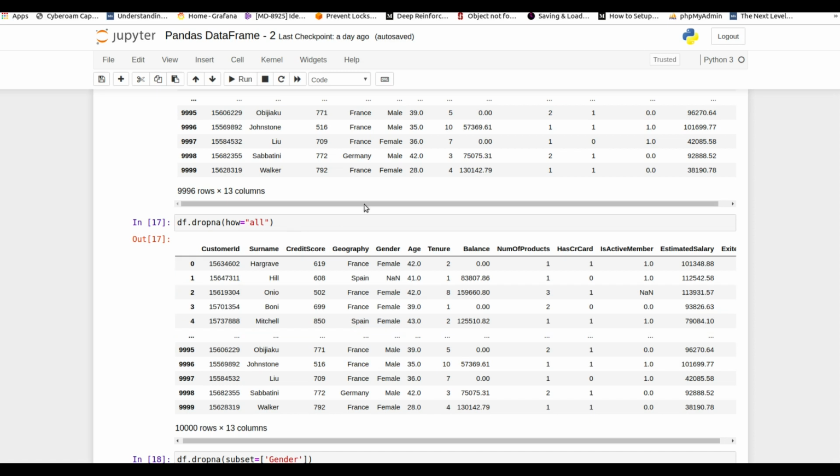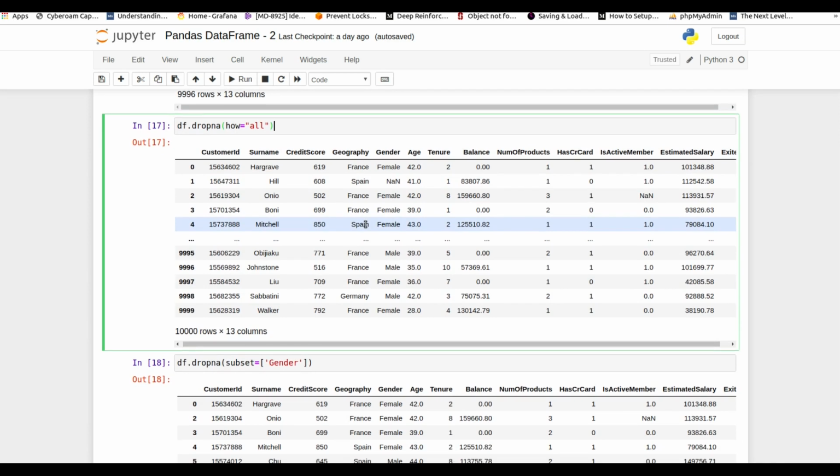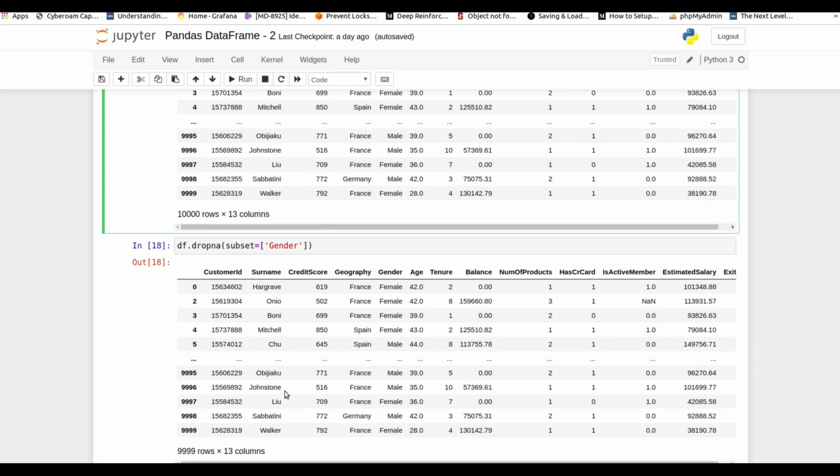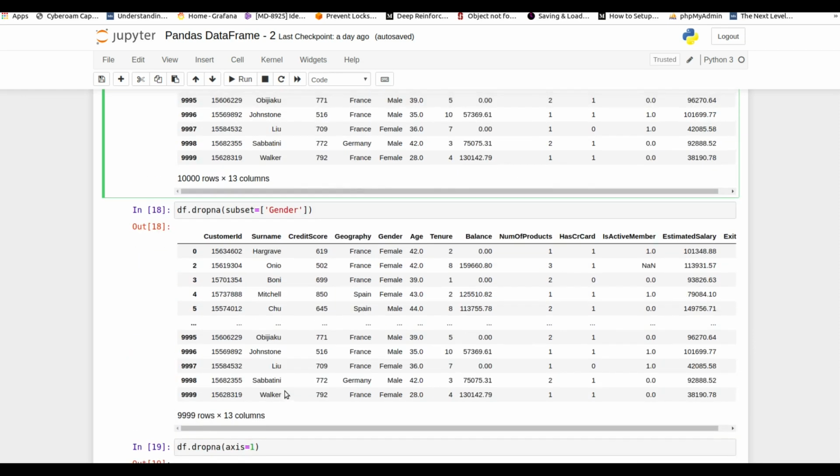You need to explain the how parameter, and if you change it from any to all, it will give you the result with all rows that hold only NA values dropped. Similarly, if you want to drop values depending on the column, you need to explain the subset parameter.